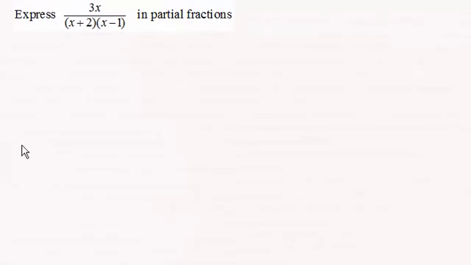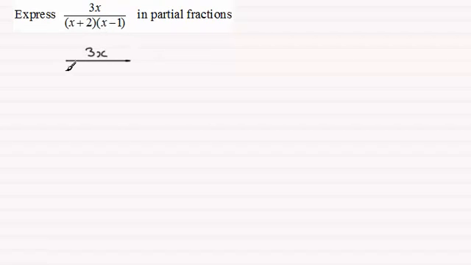Hi there. Now, in this example, we're asked to express 3x all divided by (x + 2)(x - 1) in partial fractions. Now, I'm assuming that you've watched earlier videos in this series where I showed you that if you've got a fraction such as this, 3x divided by (x + 2)(x - 1), that because this fraction contains two linear factors, x + 2 and x - 1, I showed you